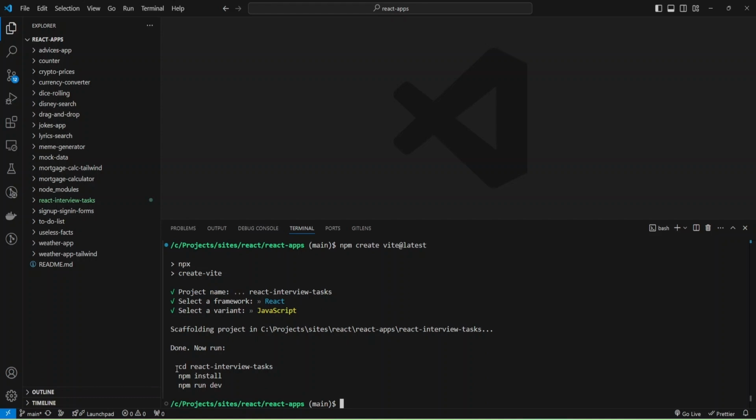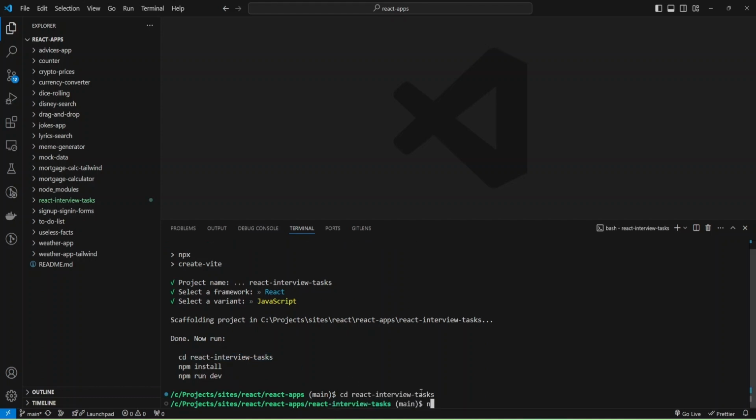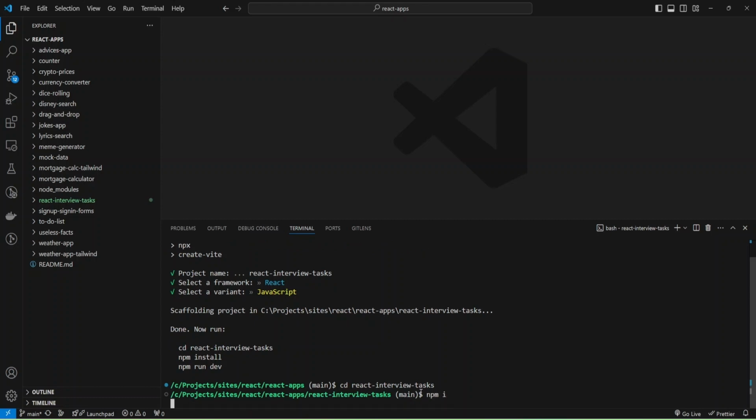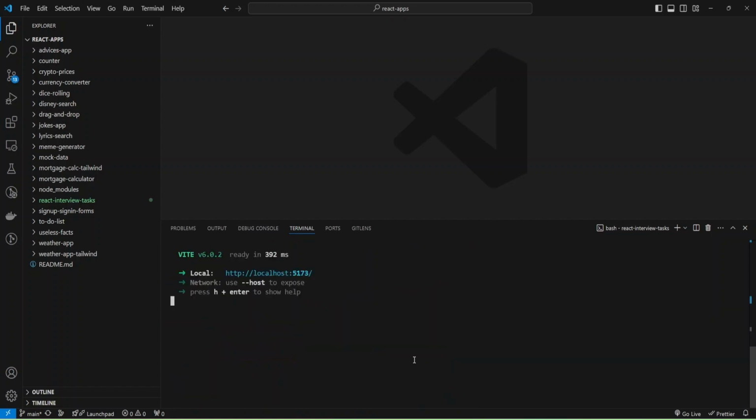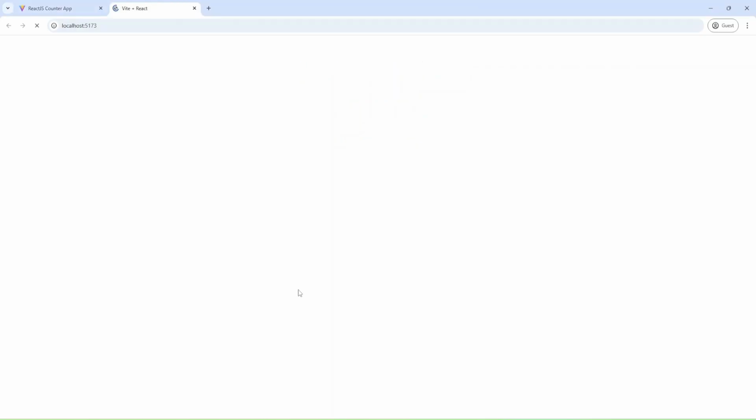Now I can navigate to my folder with the command and install dependencies with the command npm install. Okay, and now I can run my dev server with the command npm run dev and open it in the browser.